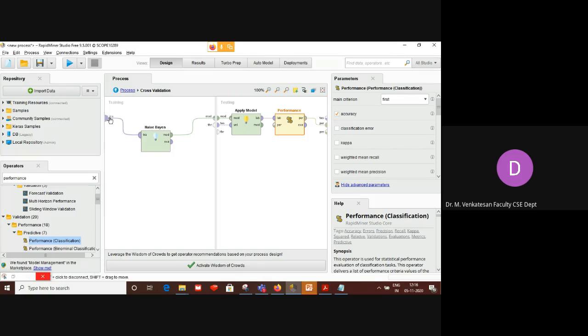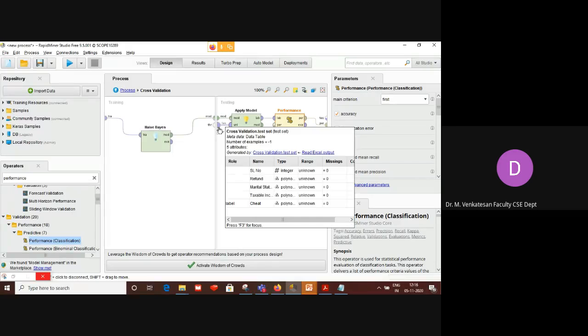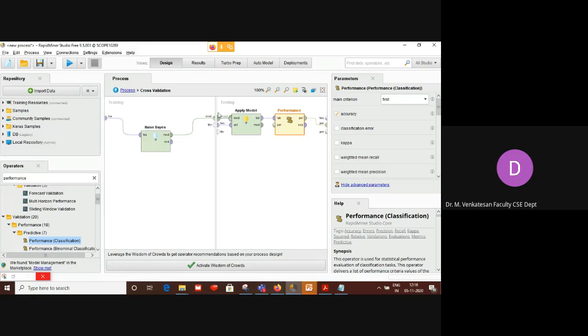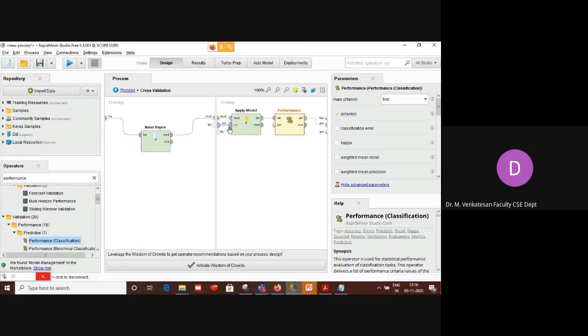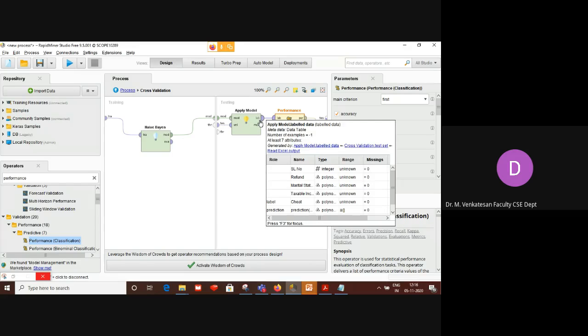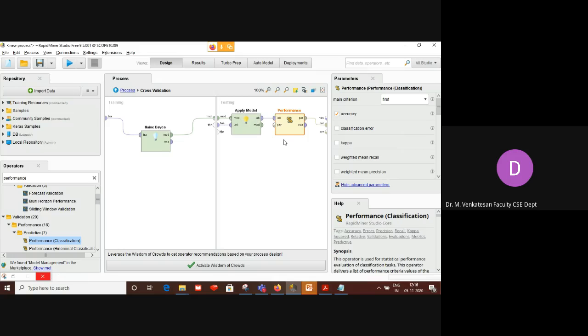Okay, I repeat what I have done here. Under the training part, we have training data. So we have to apply any data science algorithm or machine learning algorithm here. So I have chosen Naive Bayesian. I supplied this training data as input to the Naive Bayesian, which produces the model. Now you got the model. Model is there and testing data is there. Now you have to test the model by using the testing data. So I have used another operator called apply model, where I have connected this model as one input and the testing data as another input, and it produces the label. The model will predict some label for testing data. By using the labels you have to check the performance. So I have added performance operator. I have connected to this label, and then I want to see the performance, so I connected.